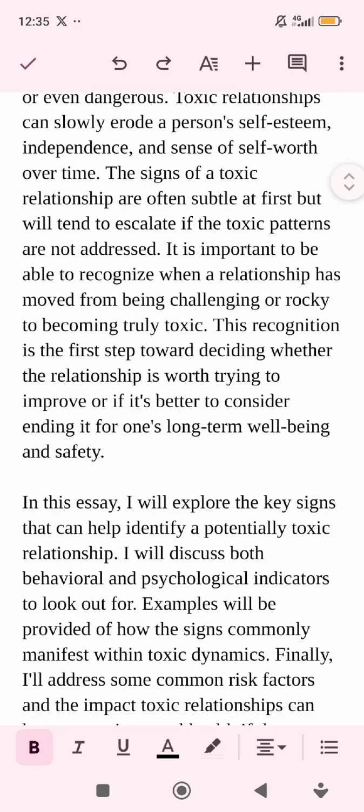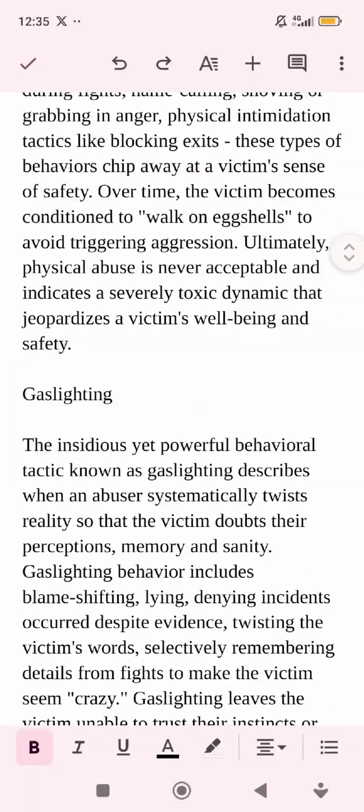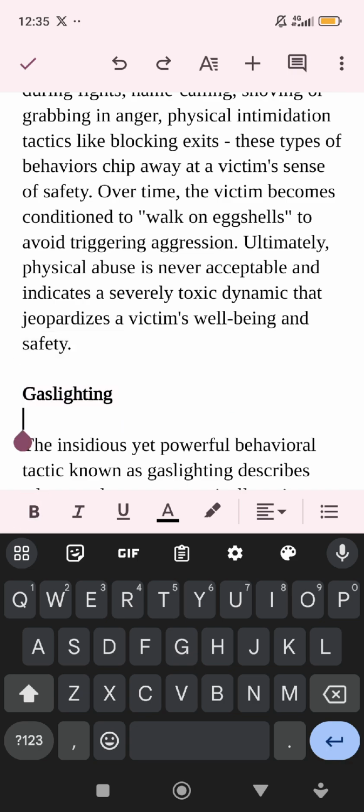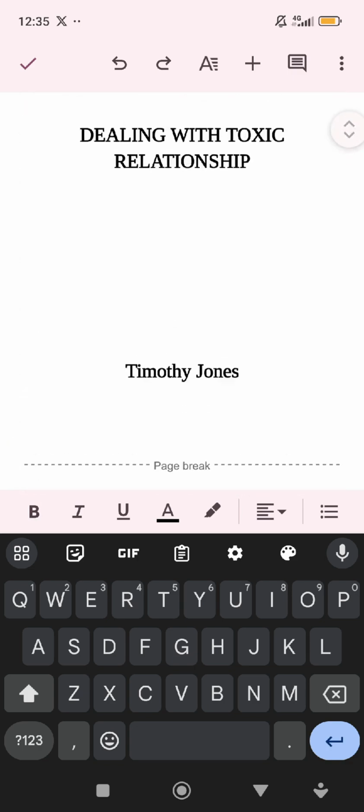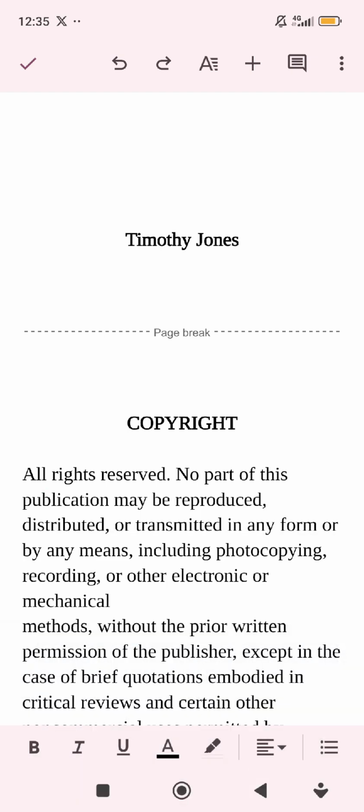As you are reading, you should now know the things to make bold, up till the last chapter. For example, I can come here, gaslighting. I make it bold. You understand where I'm coming from? So that's where reasoning comes in. Now that I'm done with this, what next do I know to do?